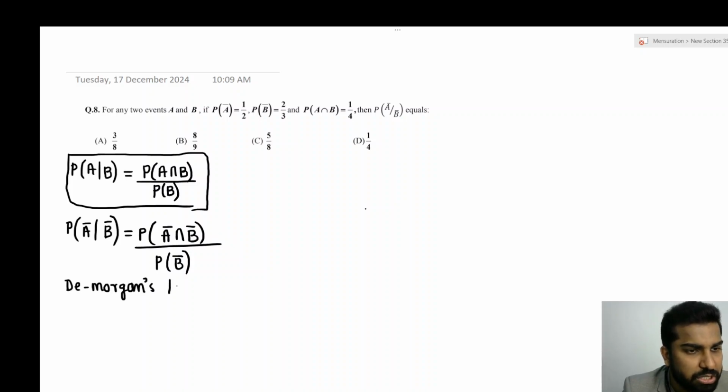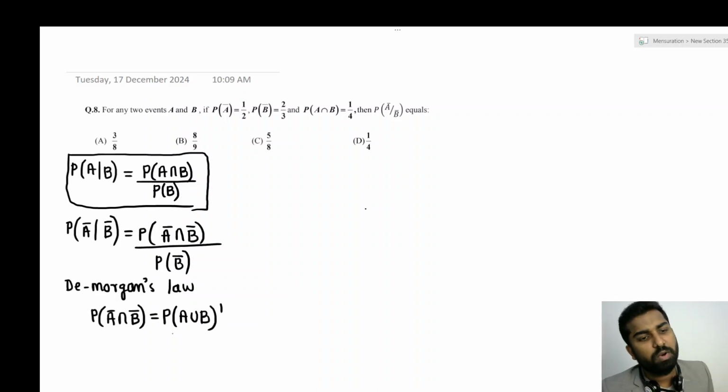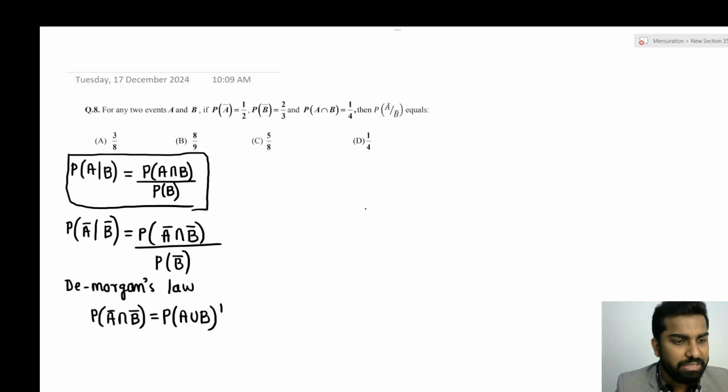As per De Morgan's law, probability of A dash intersection B dash we can write as probability of A union B whole dash. So probability of A union B whole dash is nothing but probability of A dash intersection B dash. Okay, now how to evaluate this? Let's first evaluate probability of A union B, so that we can evaluate P of A union B whole dash